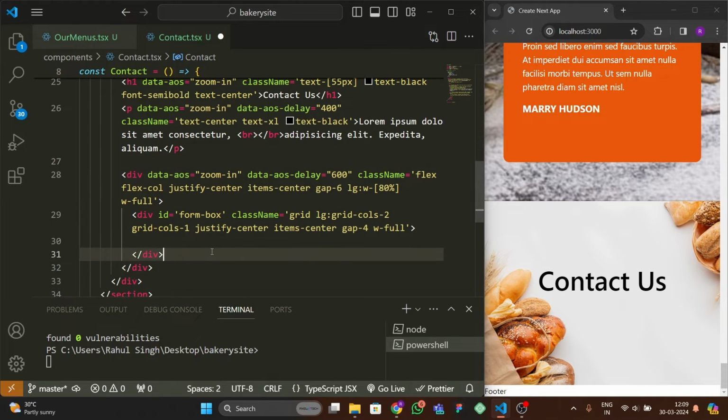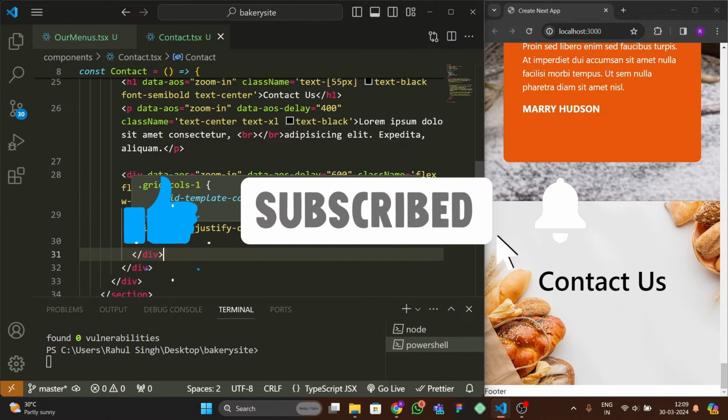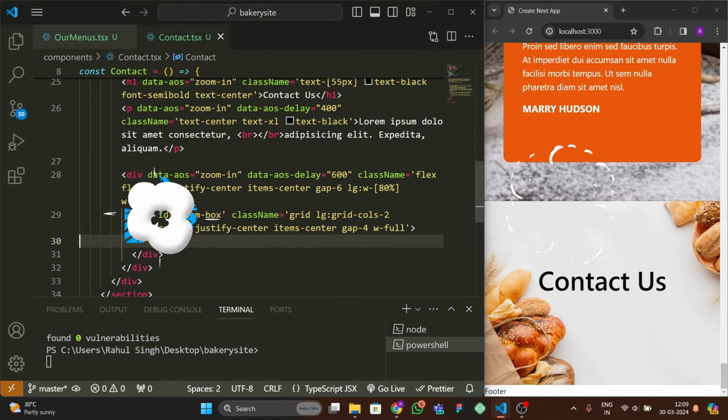Let's format this. So we have our main box, which is for the form, and this is the form box,